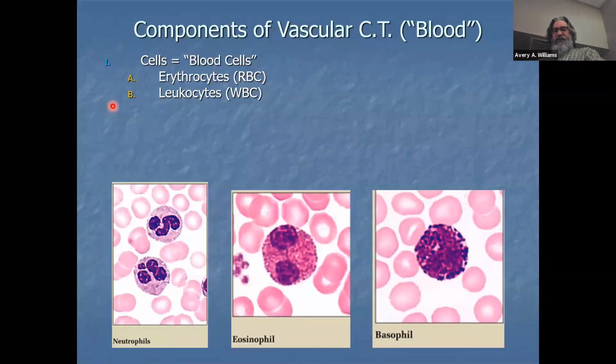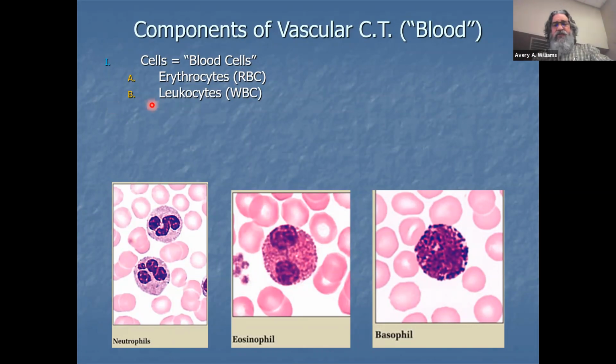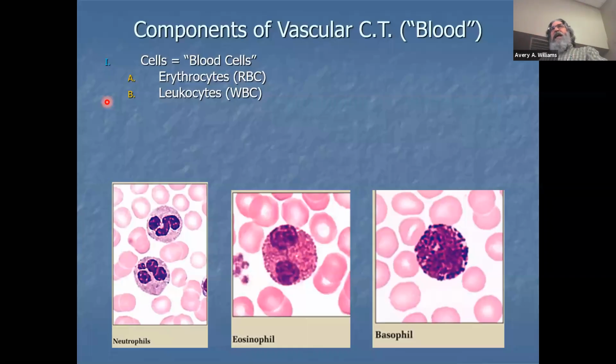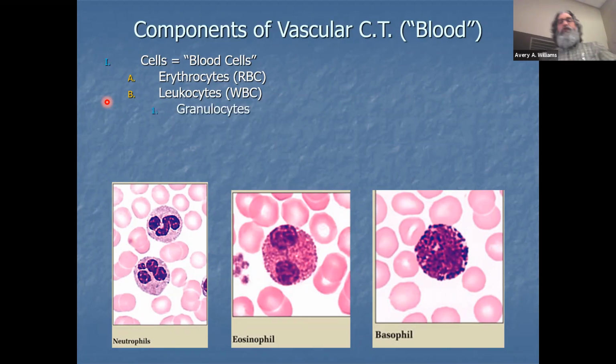All the other cells, besides the red blood cells, are white blood cells. White blood cells are collectively known as leukocytes. I think we talked about this before, that leuko doesn't really mean white cell. Erythro means red cell, cyte, get it? Leuko means like yellow cell. And why is it yellow? Well, they call them white. I don't know. Anyway, there are about a half a dozen or so different types of white blood cells,